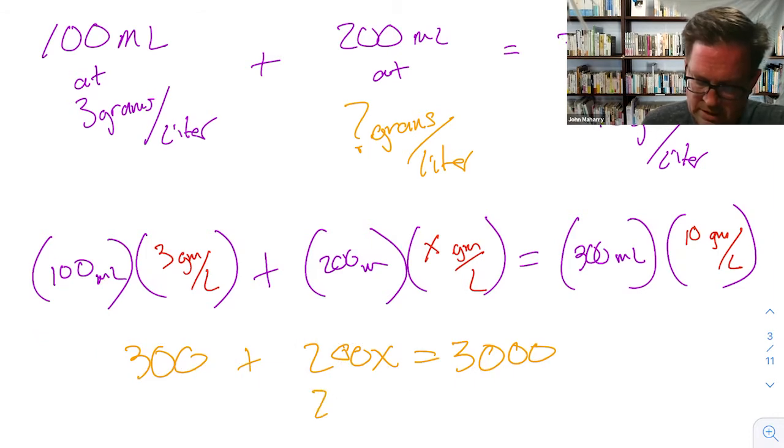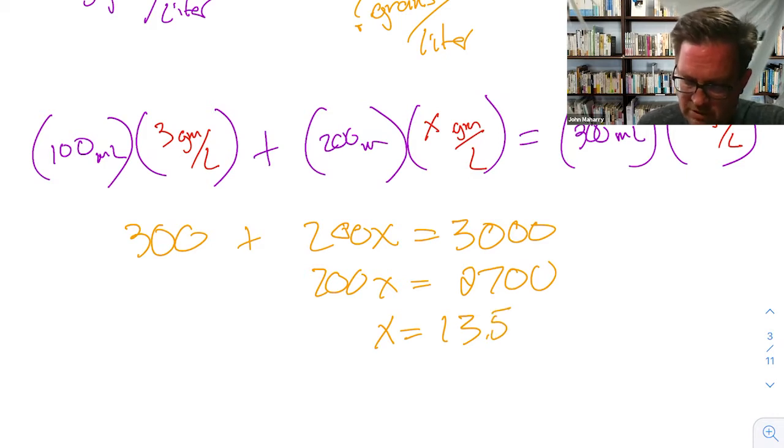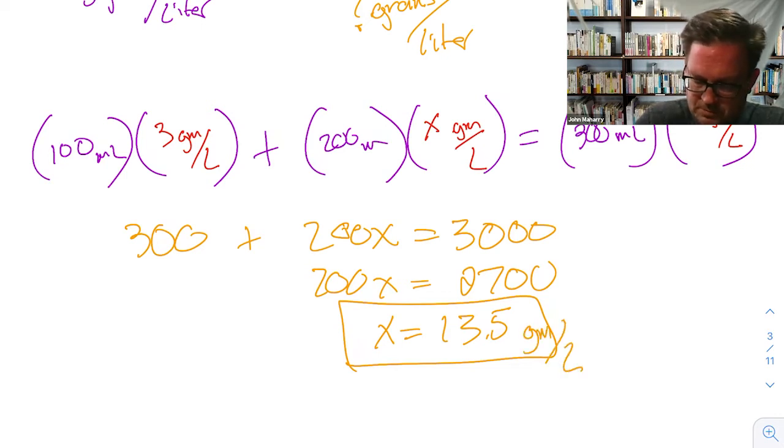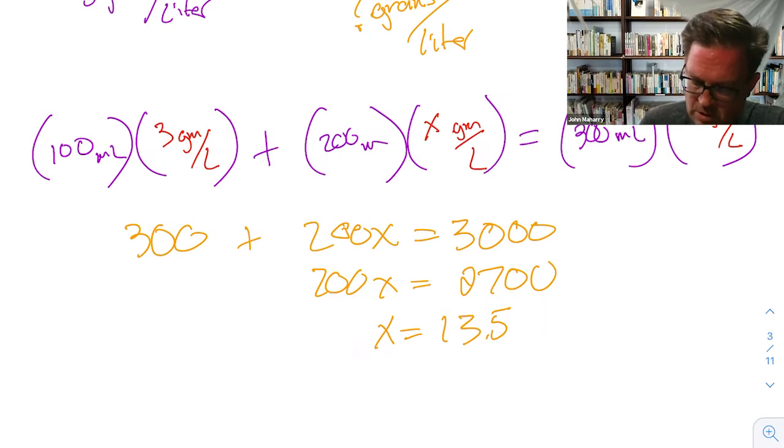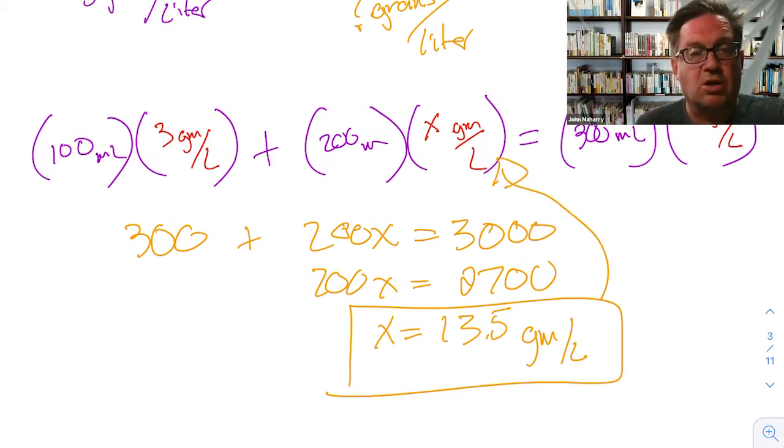So 200x equals 2,700. X equals 13.5. 27 over 2, 13.5. And what was that? That's grams per liter. So the middle had to be stronger, more salinity, more salt content than the final mixture, because